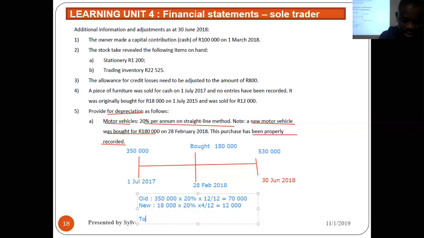So the total depreciation is gonna be 70.3. It's gonna be 82,000. It's gonna be 82,000. The motor vehicle one. Okay. The motor vehicle one. So we know that the total for motor vehicle